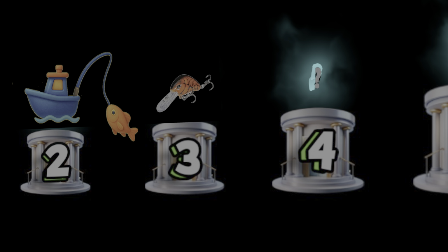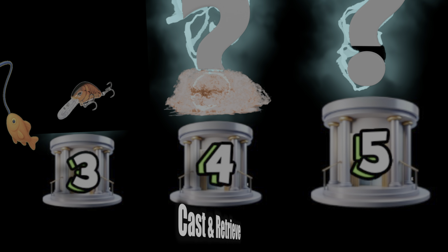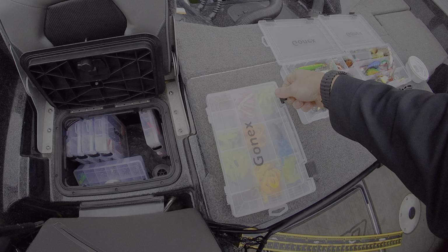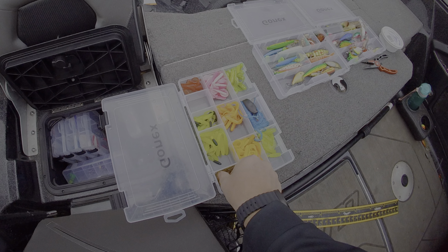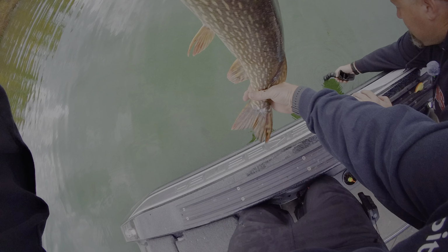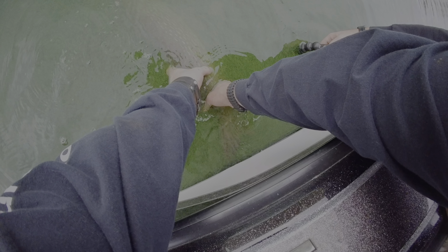Maybe 5. Jigs and spoons are a great way to catch a big pike, especially if you have cleaner water, because then you can trial a wider selection of colors. But if the water is super green, like it can get at this point of the season, then you're stuck to only brighter colors, in my opinion anyways. We'll see anything, but...